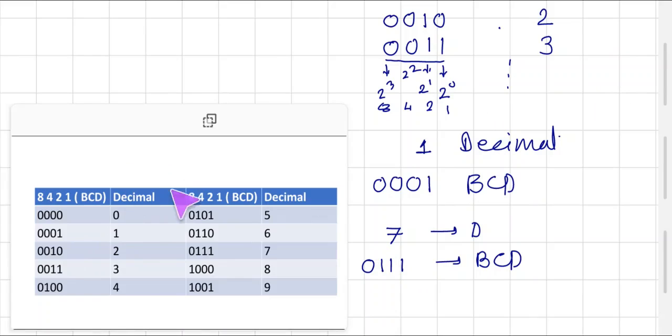So here you see that these are the decimal numbers 0, 1, 2, 3, 4, 5, 6, 7, 8, 9. We know that in the decimal number system there are different digits from 0 to 9. That means there are only 10 characters or symbols and the corresponding code for each symbol is this, and any number can be represented by this corresponding 4-bit number, the BCD number.